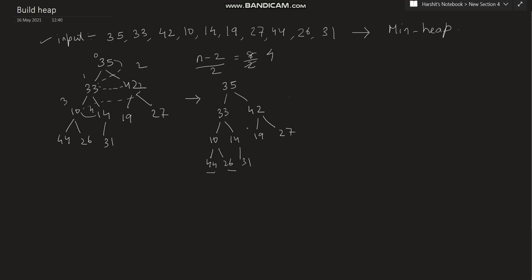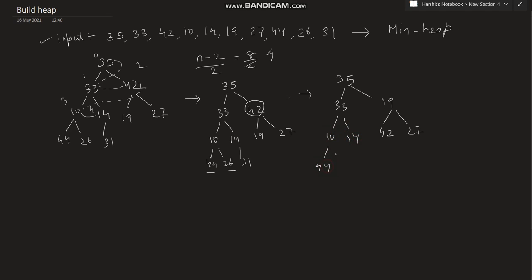Now the next node is node 42. We will be comparing 42 with the left child value and the right child value, and we are going to move in a smaller direction. Now we find that 19 is the smallest. The left child value is 19 and it's the smallest, so we'll be swapping 42 and 19. So on performing heapify on node 42, 19 will be swapped with 42 and we will be having this tree.